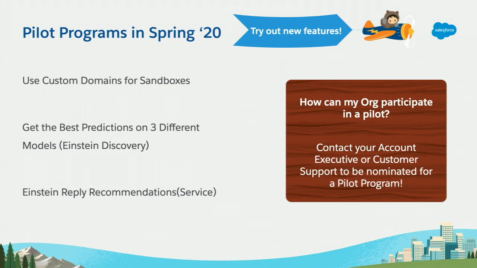So pretty much every release, we have some exciting new pilot programs. And we often use the words GA, pilot, and beta. So it's always good to give a lay of the land. GA means that it's generally available. It is readily available in your environments, sometimes based on licensing and enablement steps.